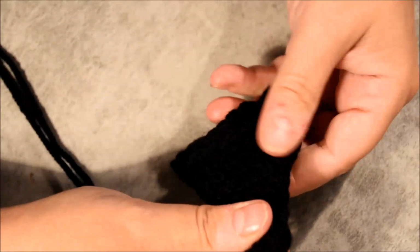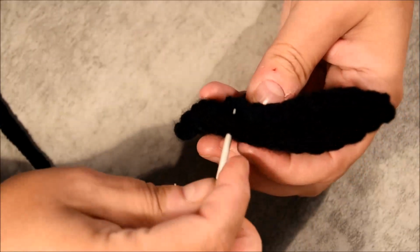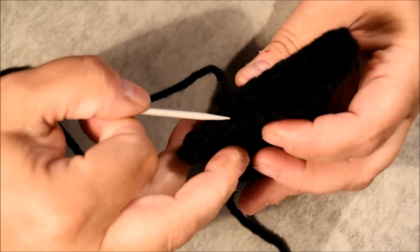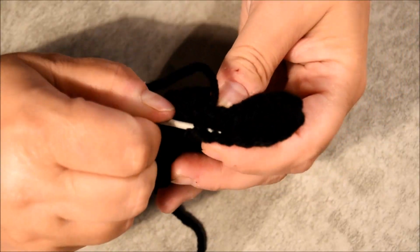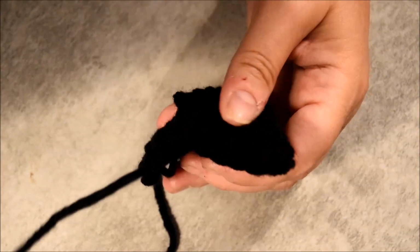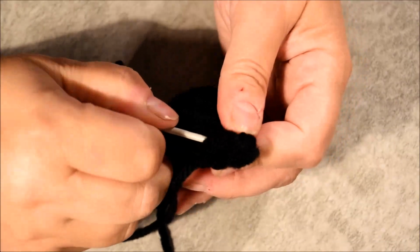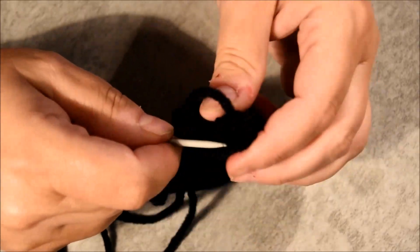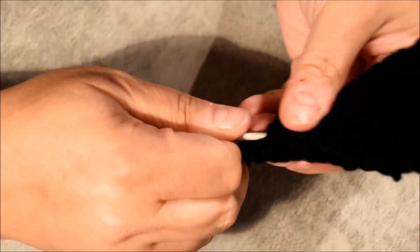So I fold it on this side. It's not a perfect square, so don't worry, I will fix it after. We will fix it together. So I did a mattress stitch for this part, but you don't have to. It's black, you don't see it, so just do your best to close it, and we'll be just fine. So I close it like this. There. Do a knot, and I did it in the middle of it. Cut the excess,